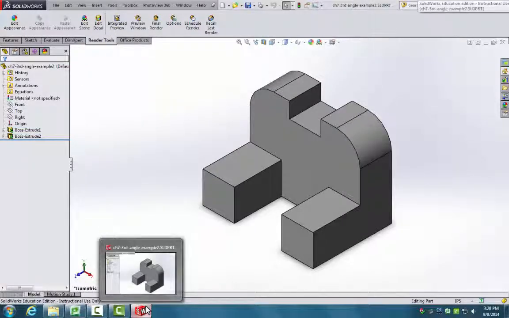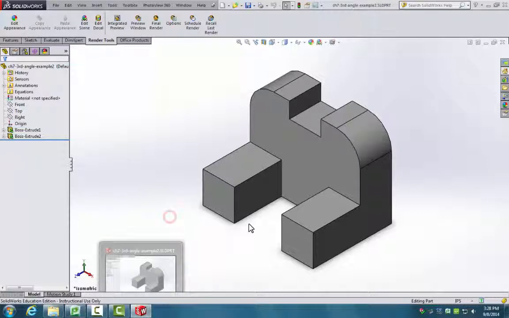Welcome to the examples for orthographic views from Chapter 7. I'm going to be working on example number 2 for third angle orthographic projection. That is found on page 7-29 of your textbook. In front of you, you see on the screen the 3D model, and as we said